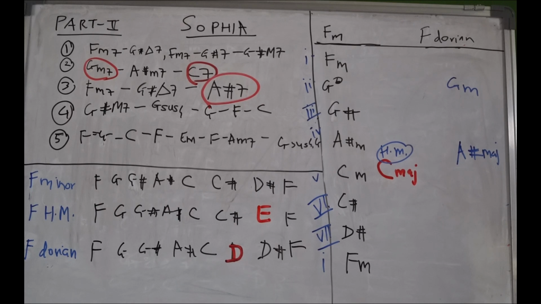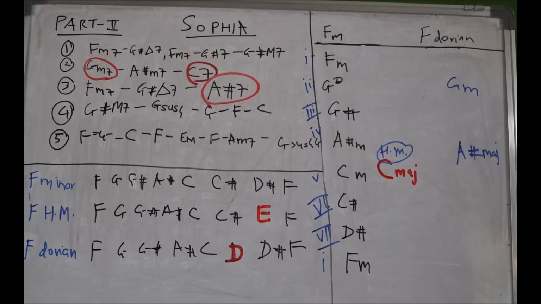So I've written them on the left hand side bottom corner, and on the right side, the column that I've drawn is the chords for those same scales. So the first scale is the F minor or the F natural minor, also known as the F Aeolian scale. So here the notes are F, G, G sharp, A sharp, C, C sharp, D sharp, and F, back to